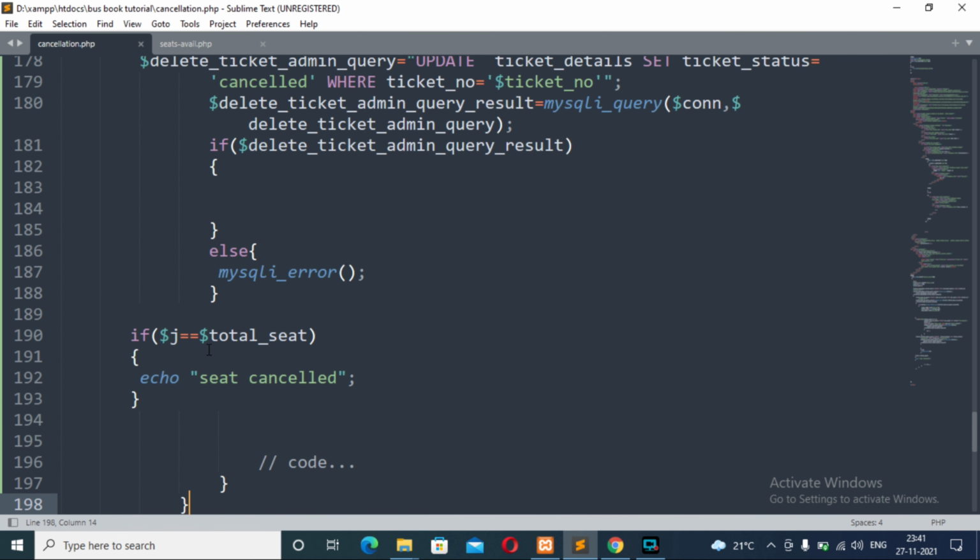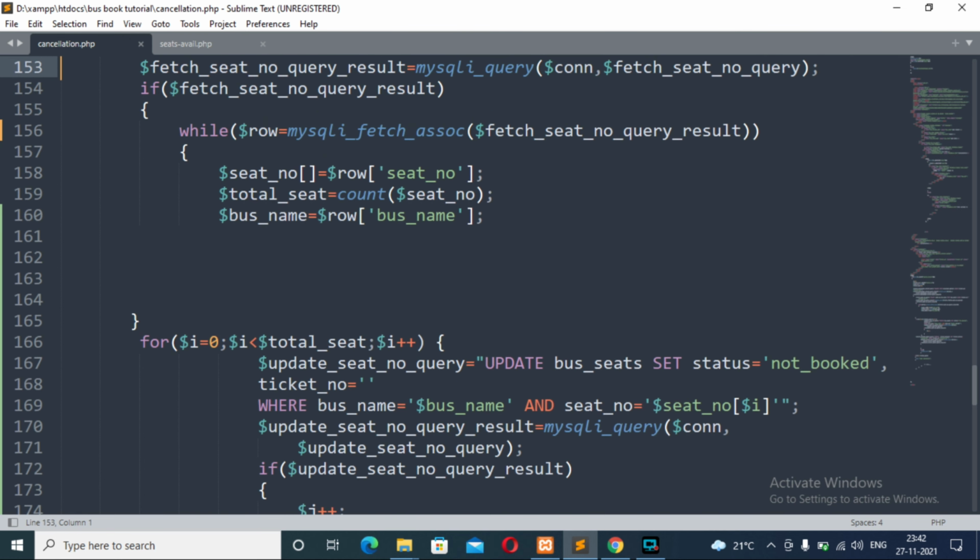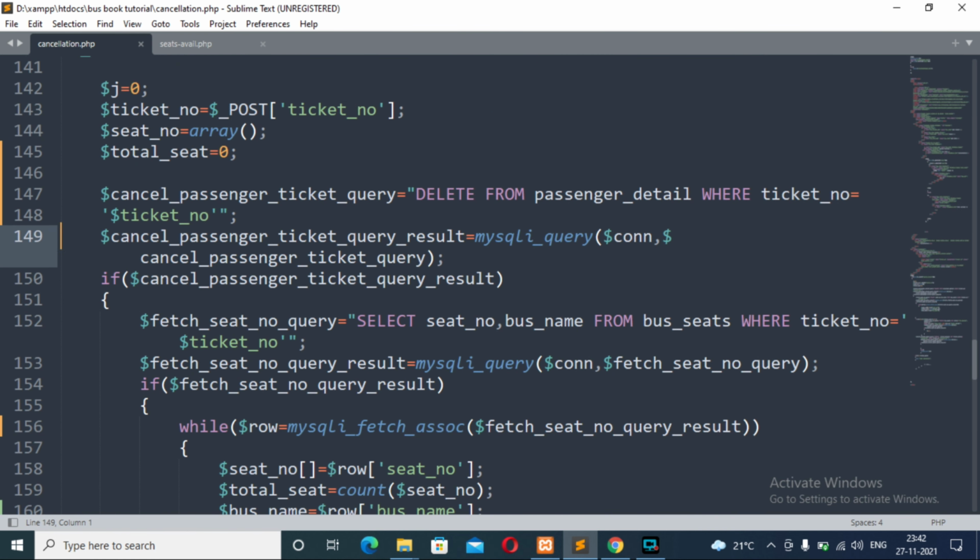Now if the total seats linked with the ticket number are equal to the PHP j variable, then we print an echo statement, seat cancelled. So this is all about deleting a ticket from the database, or cancelling a ticket by the user.